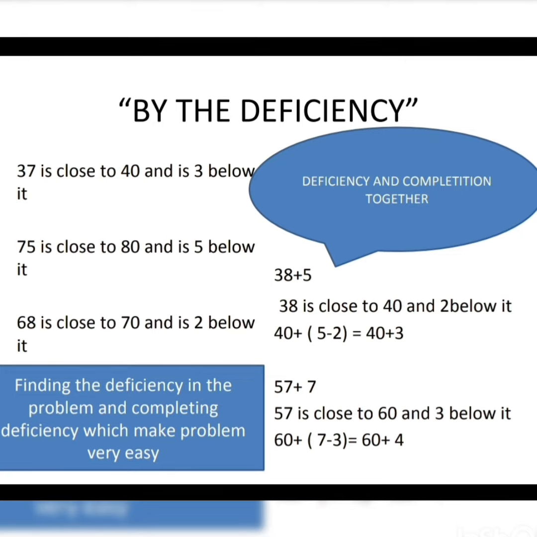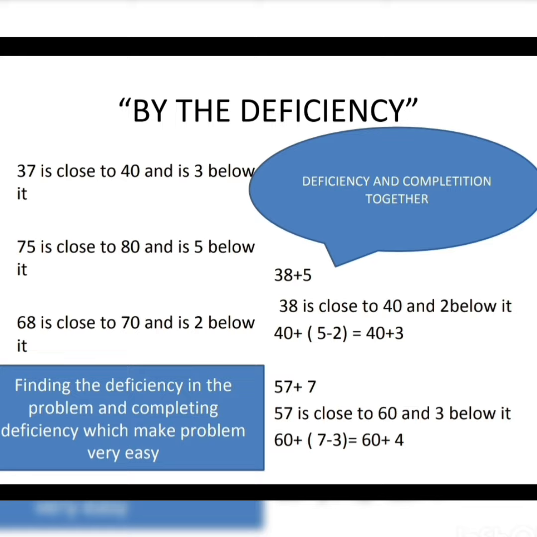Because 2 is the deficient, और डेफिशिएंट हमेशा माइनस होता है. Now इसमें ये रूल बिल्कुल एप्लीकेबल हो रहा है. Why? So deficiency and completion together. Deficiency will be our 2 and completion will be our 40. Yes, तभी 40 plus and then bracket में करा 5 minus 2 which just gave us 40 plus 3,